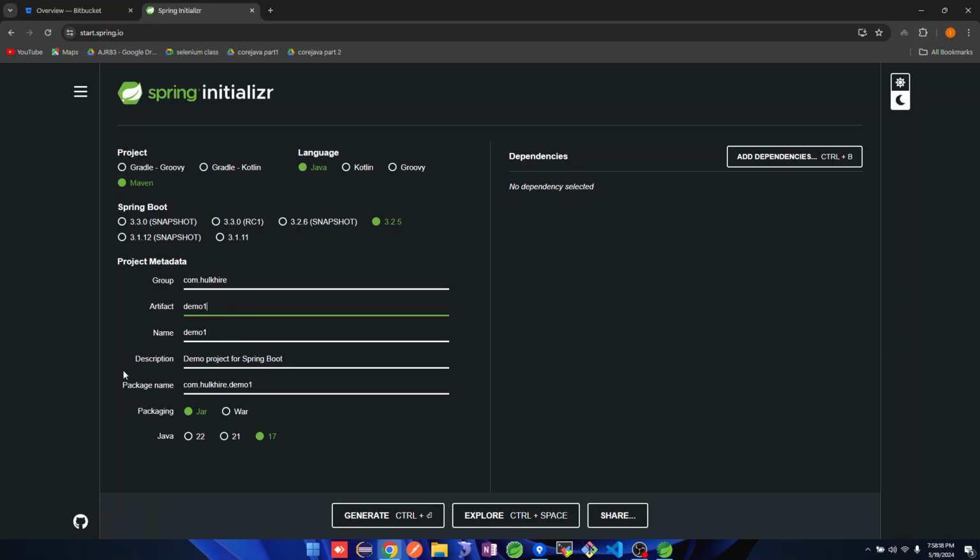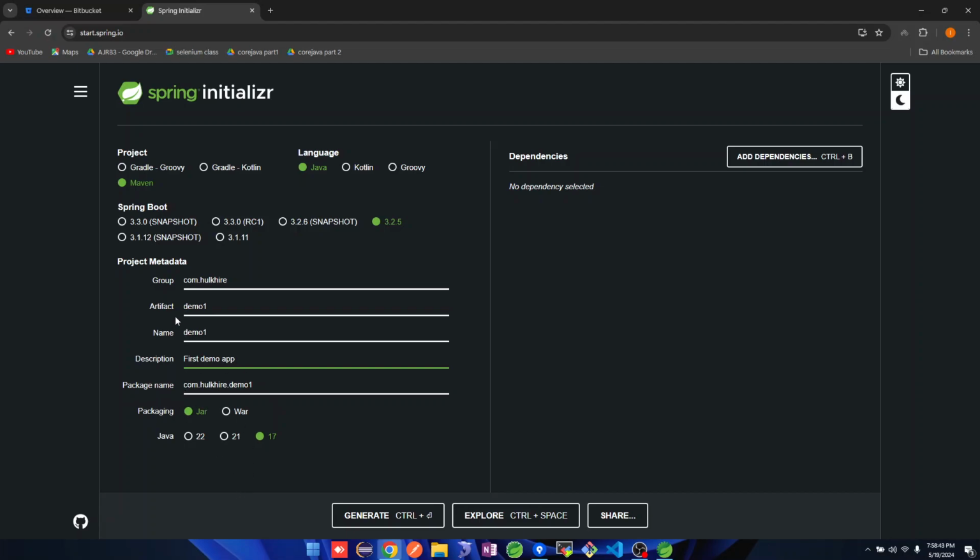In the description, we give the description of our project. Like I am going to give the description like this is the first demo application, and the package name is nothing,